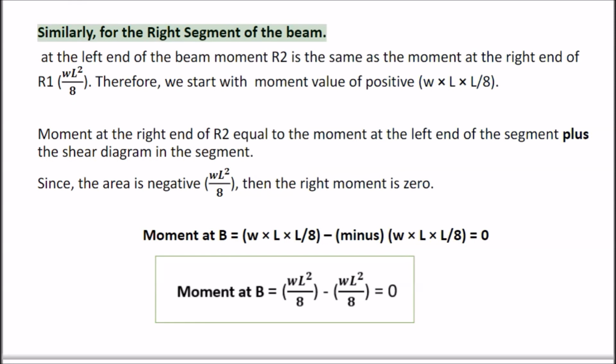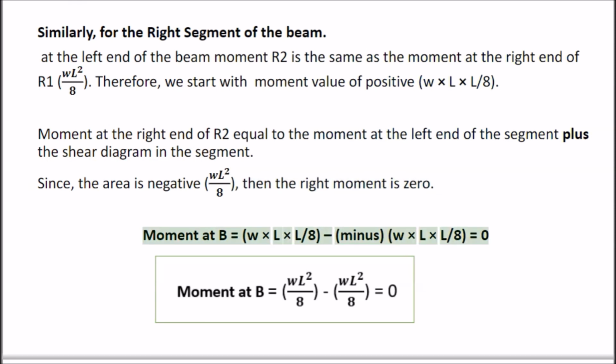Similarly, for the right segment of the beam. At the left end of the segment, the moment in R2 is the same as the moment at the right end of R1. Therefore, we start with a moment value of positive W times L/8. Moment at the right end of R2 equals the moment at the left end of the segment plus the area under the shear diagram in the segment. Since the area is negative,